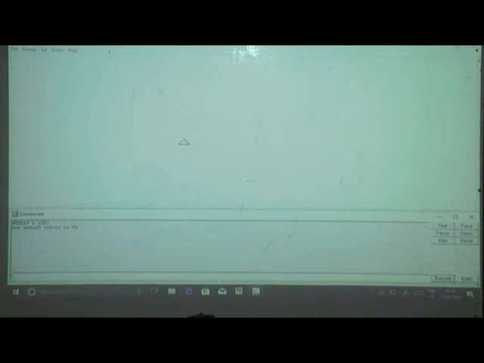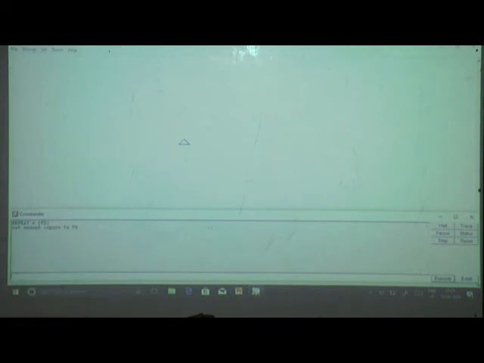Now next one is repeat 6 and FD. Then what output will come here? Not enough input to FD, meaning in front of FD we must write a number. Is the number there? No. That's why MSW Logo says not enough input to FD.